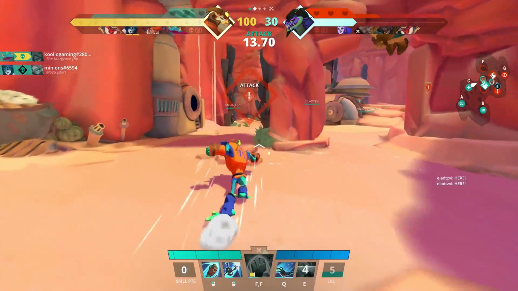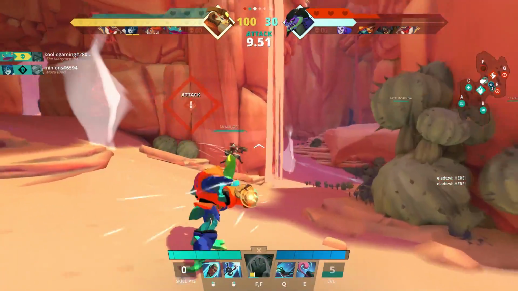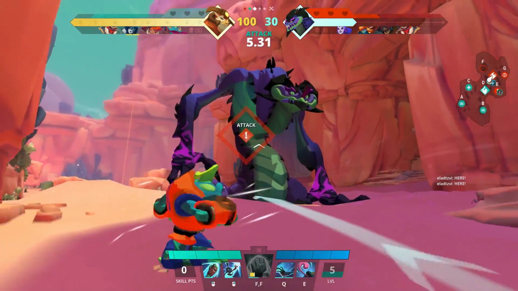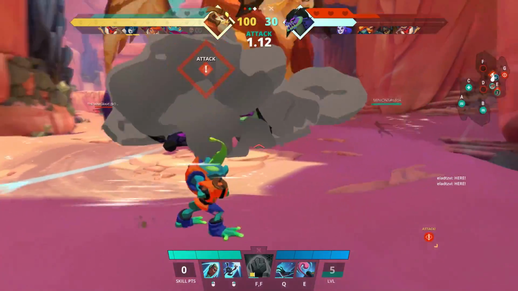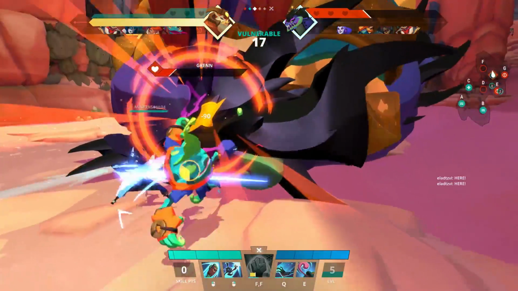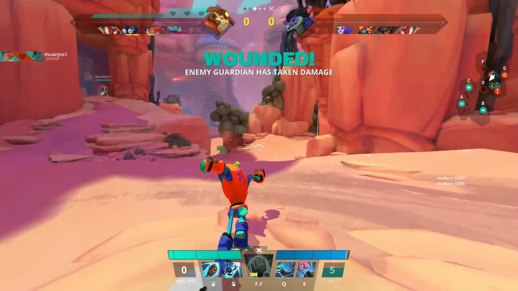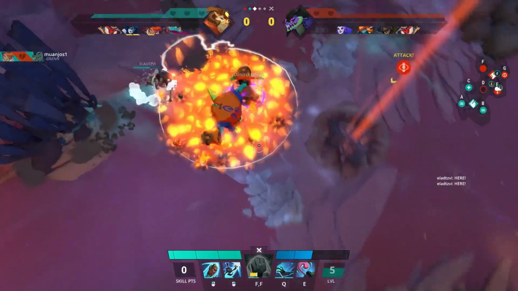Let's do that one. So now you can see that our Guardian will charge across the battlefield and will actually attack the enemy. So we can't attack this guy just yet. We gotta wait until our Guardian takes him down, and then we can jump in for the kill. Once you take down his health points, it gives him a wound. Once the enemy is wounded 3 times, you win the game, so...